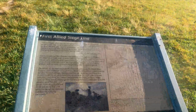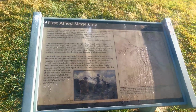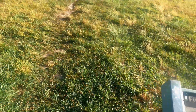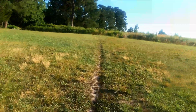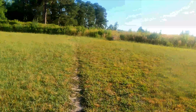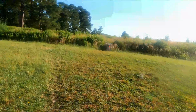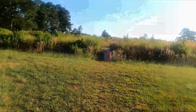This says First Allied Siege Line, so take from that what you will. There's a whole big old article here on it. I'm not going to go through the whole thing, because we have to save a little something for you when you make your trip out here to visit historic Yorktown. Bring your walking shoes with you, because it's a little bit of a trek when you get to walking around out here, and if you want to see all the battlefields and the many sites that